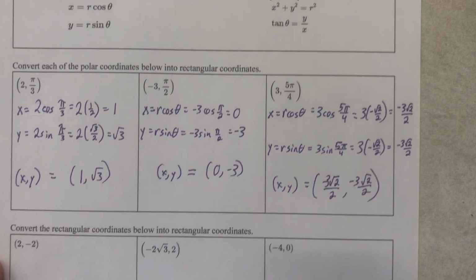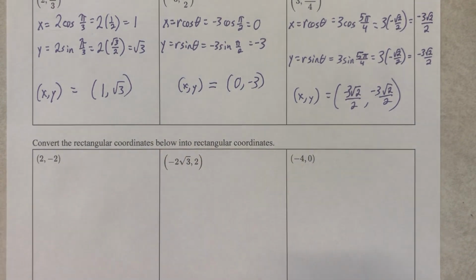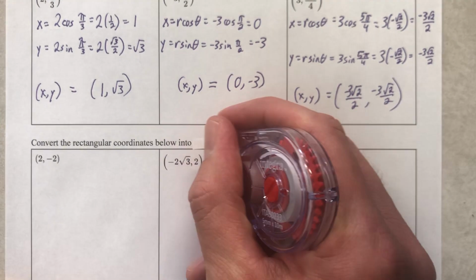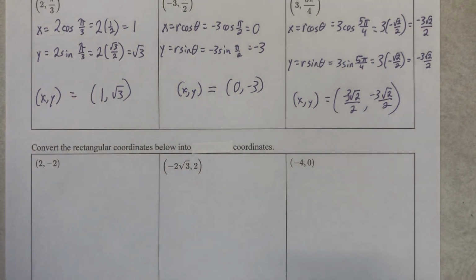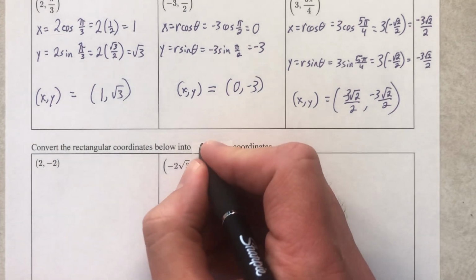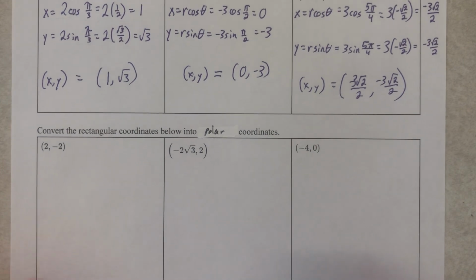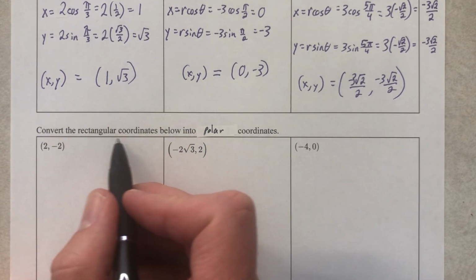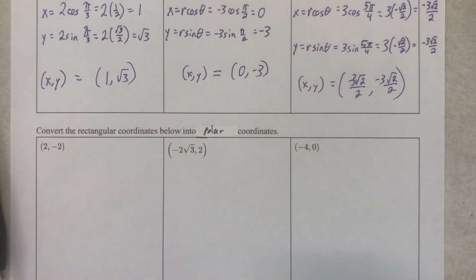All right, sliding up. Convert the rectangular coordinates below into rectangular coordinates. That's a typo. Done. Let's convert the rectangular coordinates below into polar coordinates. Yours may not say that depending on when you're watching this, but the earlier versions of these notes are wrong. So let's convert them into polar coordinates. Man, that'd be a short lesson. Convert this into the thing that it already is. Done. Great. Okay, convert the rectangular coordinates below into polar coordinates, and just because I made such an egregious error,